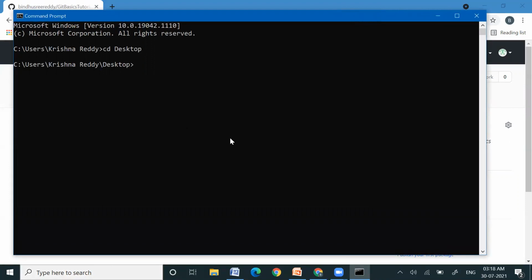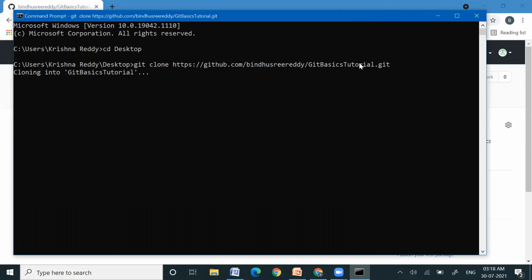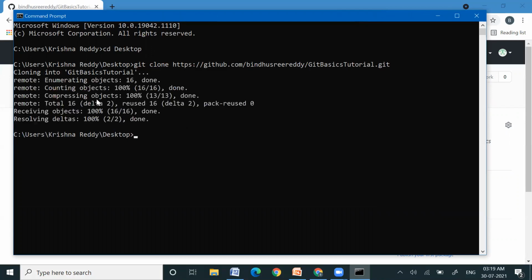Now we use git clone and paste the URL here, so that we can clone the repository into our personal system. It is cloning. Successfully, we have cloned this repository into our system.